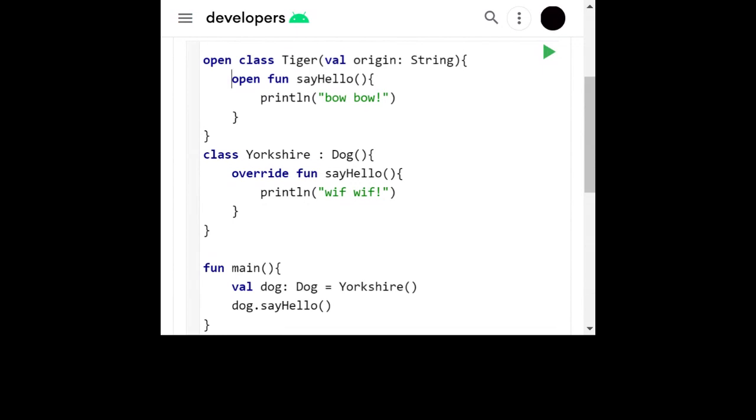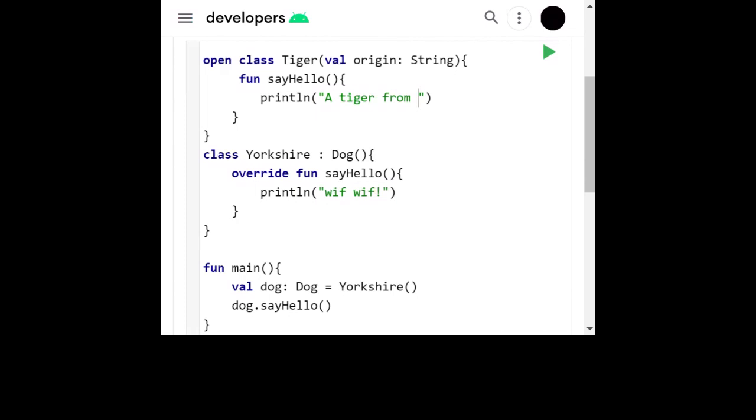So I'm not declaring it as open for timing. I'll just write the function sayHello, and I want to tell the origin of the Tiger. Since I've passed a parameter as a string, I want to tell the origin of the tiger. So, a tiger from